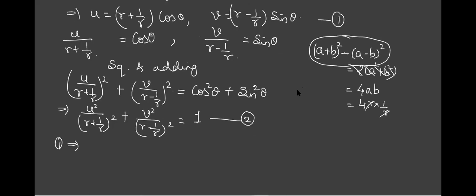You need to think about why this step is applied. Unless you know that, it is very difficult. First, we kept the cos and sin theta terms here and sent the r terms across, so that ultimately theta is eliminated. Now the reverse part. We'll take the cos theta term here so that ultimately you get a plus b and a minus b. If you just square and subtract, r will be eliminated. So how to write it? Tell me what you'll get. u divided by cos theta, isn't it? What I said: keep only r terms, so I'm shifting cos. Similarly, what happens to the second expression here?